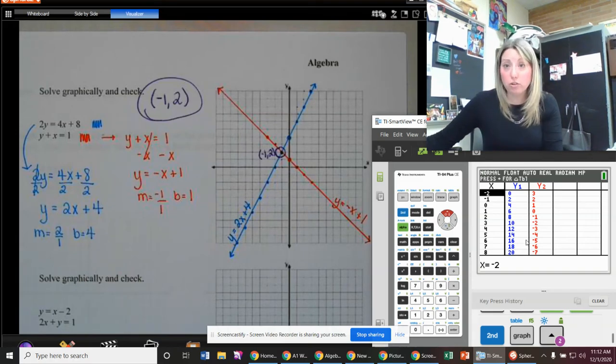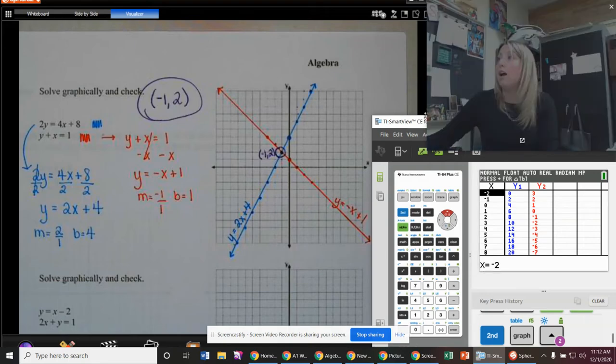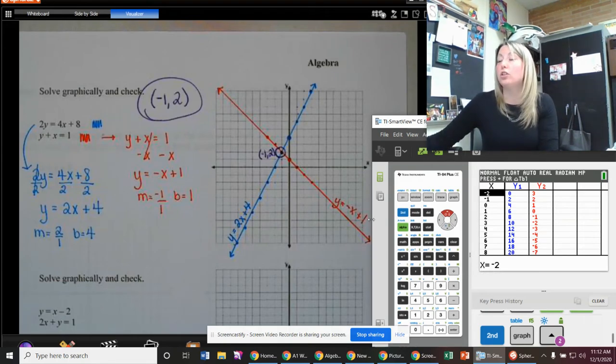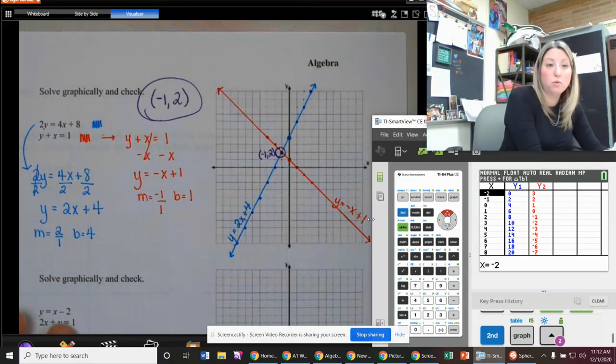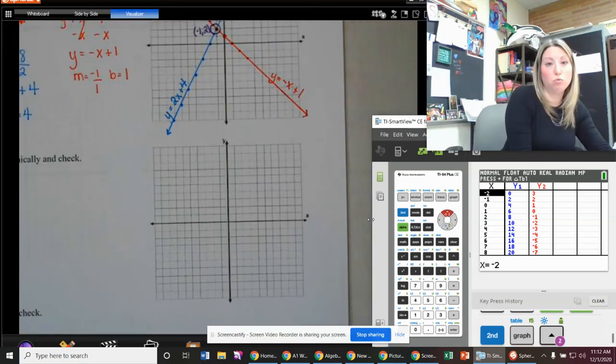Now, I just want to show you something that I had casually mentioned earlier. Okay? And what I had casually mentioned earlier is that not every pair of lines will have an intersection point. If the pair of lines does have an intersection point, it's one intersection point. However, not every pair of lines does intersect. So instead of doing the problem on 3, what I'm just going to do is show you 2 parallel lines